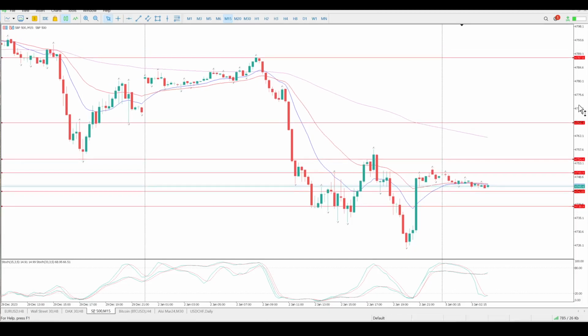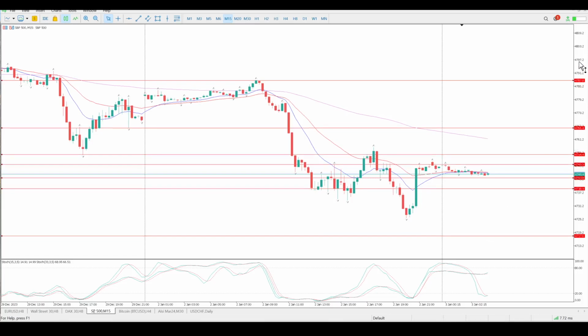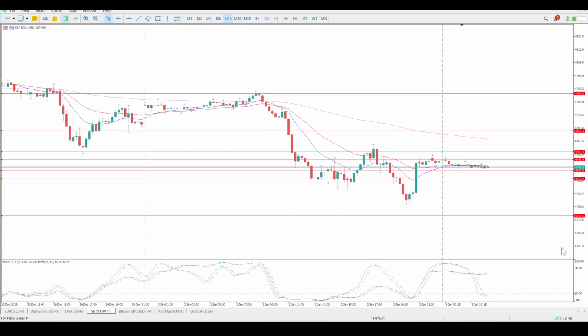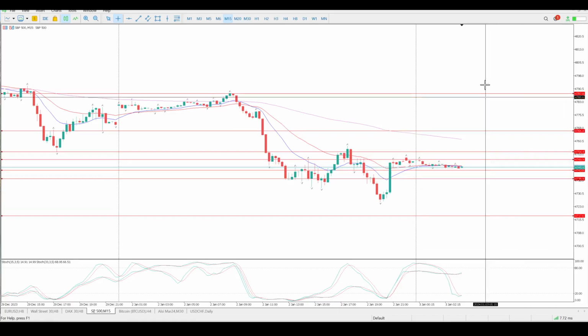For a move to the downside, just bear in mind we've got massive area of weekly. Let's just find that weekly level. There it is here. So we've got this weekly level of support here at 47.44. So if we do break below this 47.44, and then I'd expect us to get below 47.38 or 39 as well, then you'd be looking for this next weekly level at 47.17, and possibly even continuation to 4700 all the way down here. So that's kind of my view at the moment.